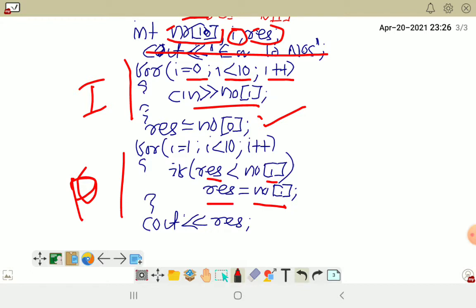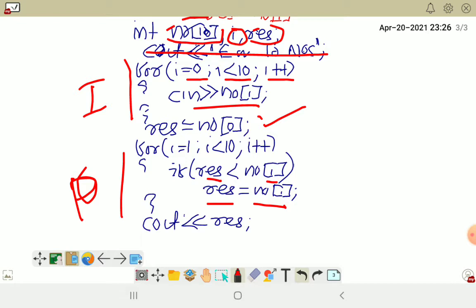So this process will continue as long as I is less than 10. When I becomes 10 or bigger, it will stop processing.